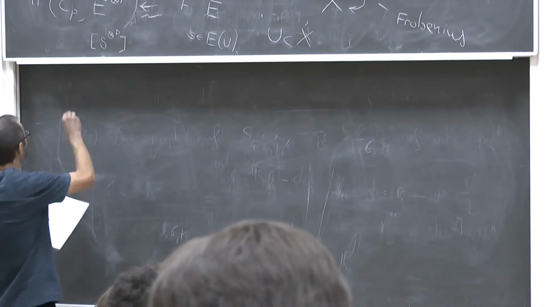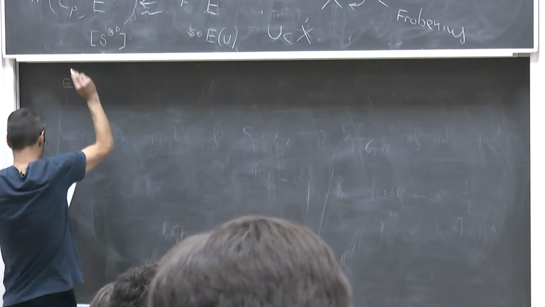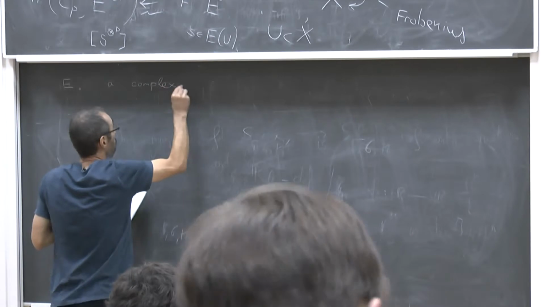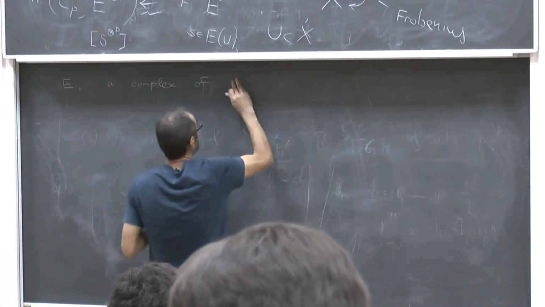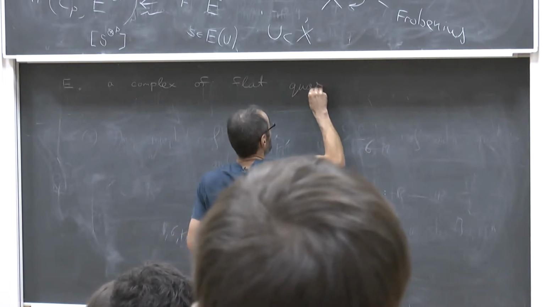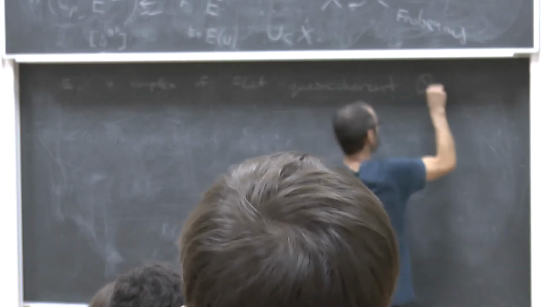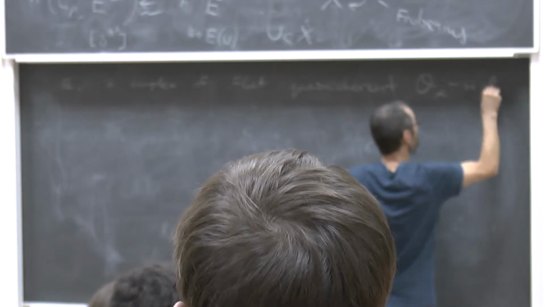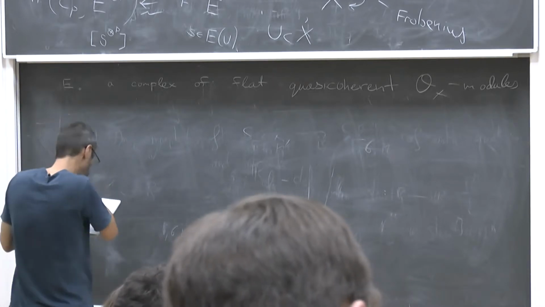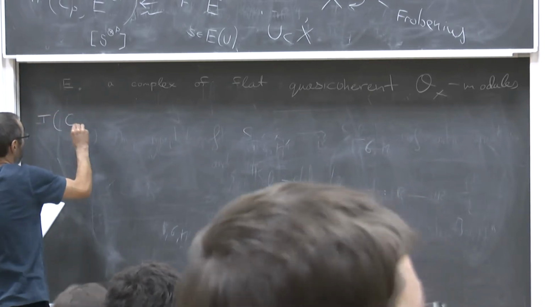So more generally, if I have any complex of, say, flat quasi-coherent O_X-modules, then I will define its Tate complex